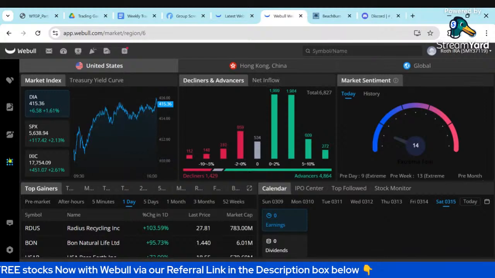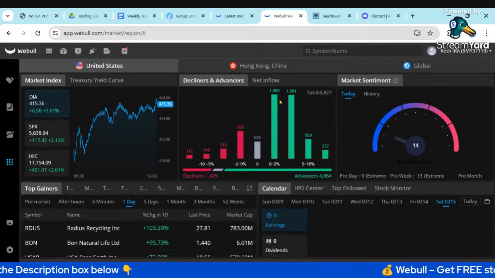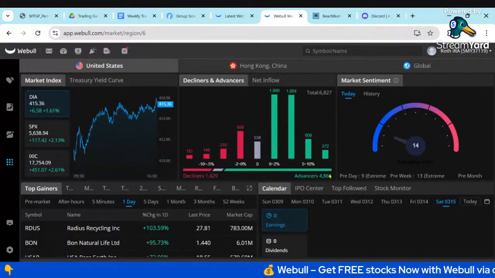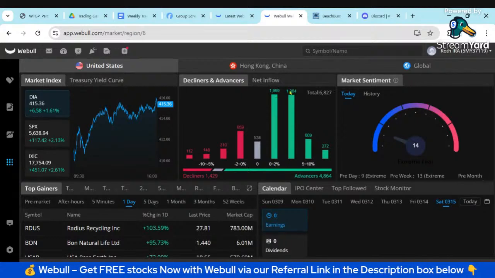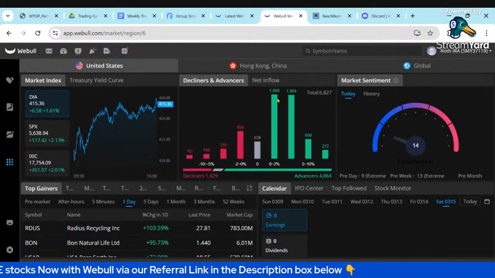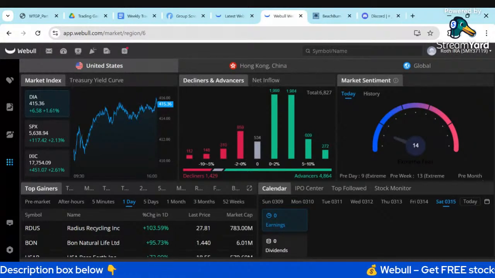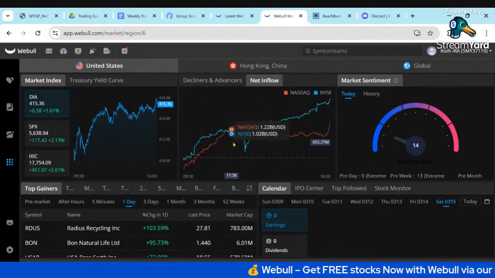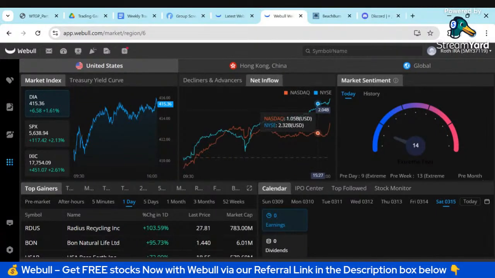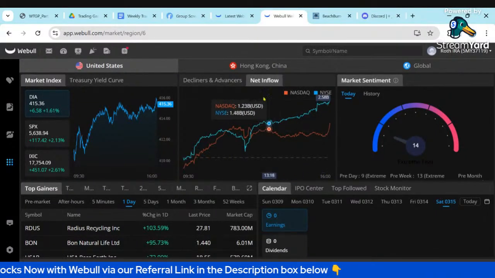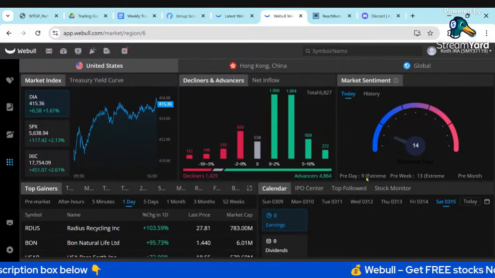So this is the market screen of the online browser version of Webull. We could see in the histogram, we had a lot more advancers, 4,800 versus only 1,400 decliners. Percentage of advance was generally quite small. So again, just a broad relief rally on Friday after a pretty steady downtrend all week. Net inflow, again, pretty steadily positive all on Friday. So both the NYSE and the NASDAQ had positive inflow on Friday. So again, pretty broad relief rally on Friday. However, you can see we've still got a lot of fear under the covers.